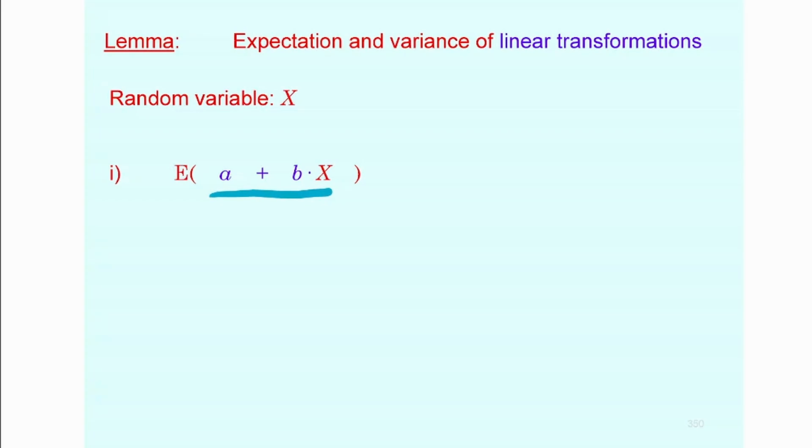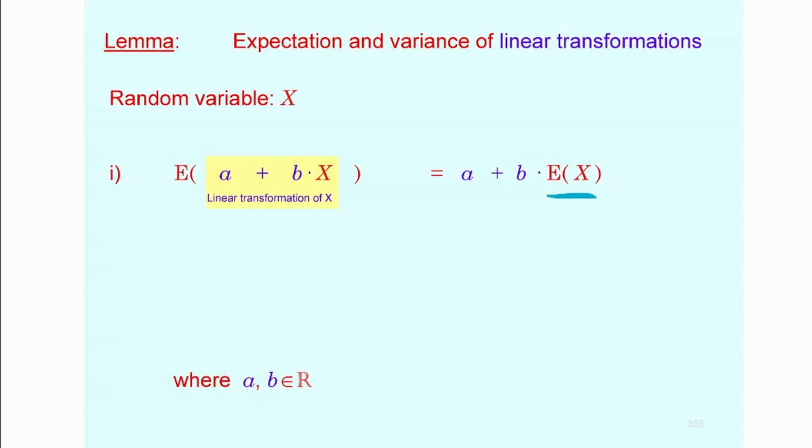Okay, so you have an additive constant and you have a multiplicative constant. And what you need to know, among others, is that the expectation of a linear transformation is going to be the linear transformation of the expectation. So all you would need to do in order to address that is to calculate the expectation of x, because if you have the expectation of x, then you also have the expectation of its linear transformation by looking at the linear transformation of its expectation, right?